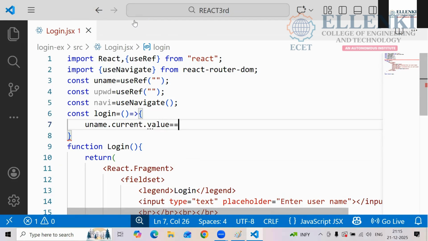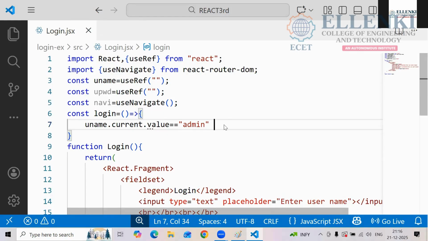Whatever you are defining here, those credentials you have to enter into your login credentials. So here I am giving admin. Whatever data you want to give, you can give your names, your username. Whatever you are giving here, admin, that one you have to enter into your login box. And here I am writing and admin, later the and symbol.